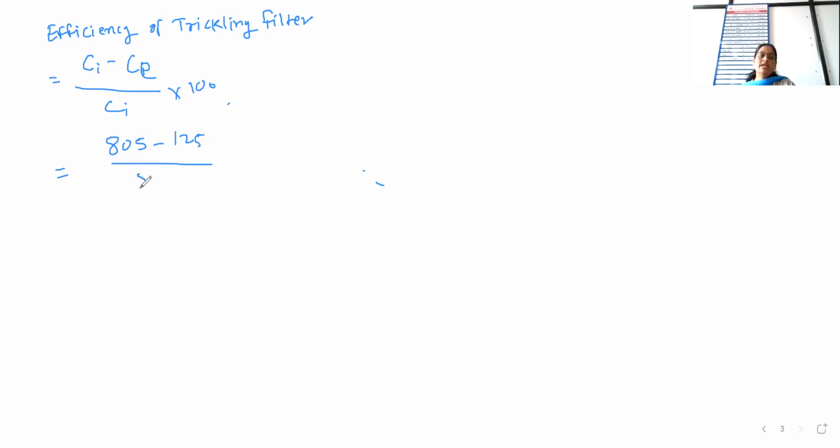is equal to, how to calculate it? That formula in yesterday's lecture I told you, Ci minus Ce upon Ci into 100. Whatever notation you can take, no matter. What is the applied Ci? It is the applied BOD minus remaining BOD. It was 125. So the remaining BOD in that particular effluent is 125, divided by Ci, the value of Ci is